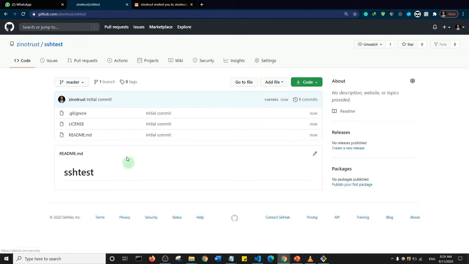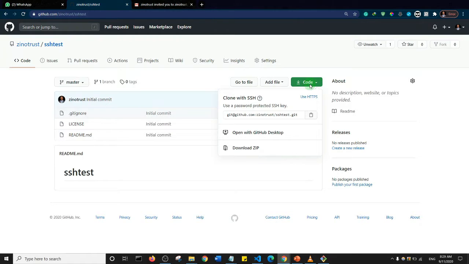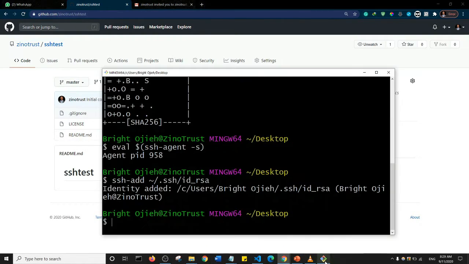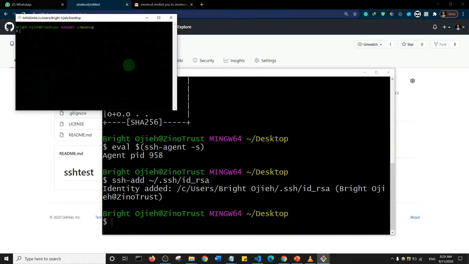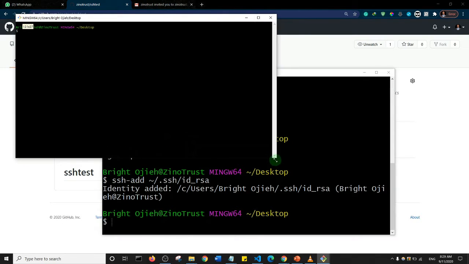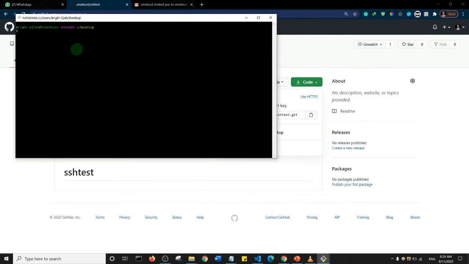Okay, so I created a new repository named SSH test. Now let's attempt to clone this repository to our desktop. I'll click on code here, and I'll clone with SSH. Okay, so previously we've been cloning using HTTPS, but this time I'll clone with SSH, and then I would click on copy. I'll come to my terminal. Okay, I'm in my desktop, and I can even open a new terminal. So if I right click and say new, I'll open up a new terminal just to start my work on a fresh slate. So I can minimize this,